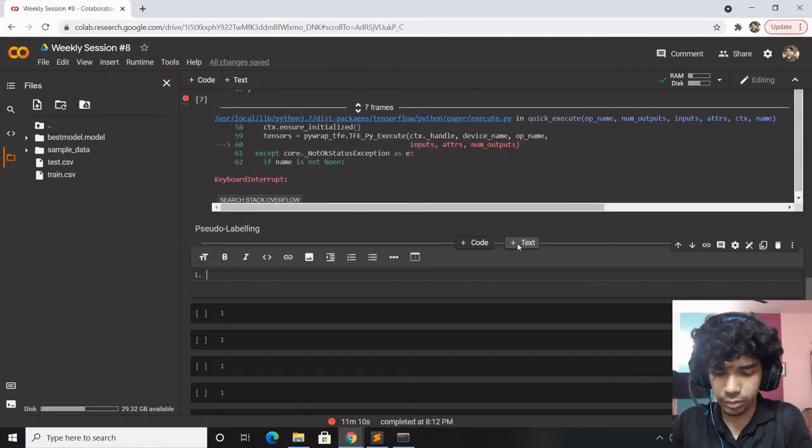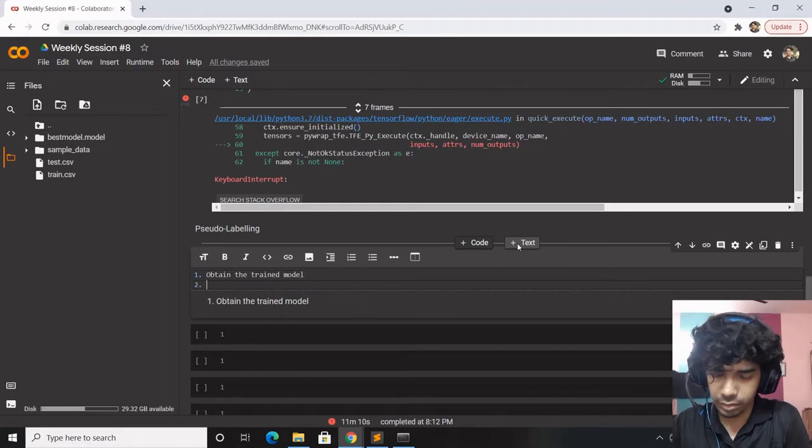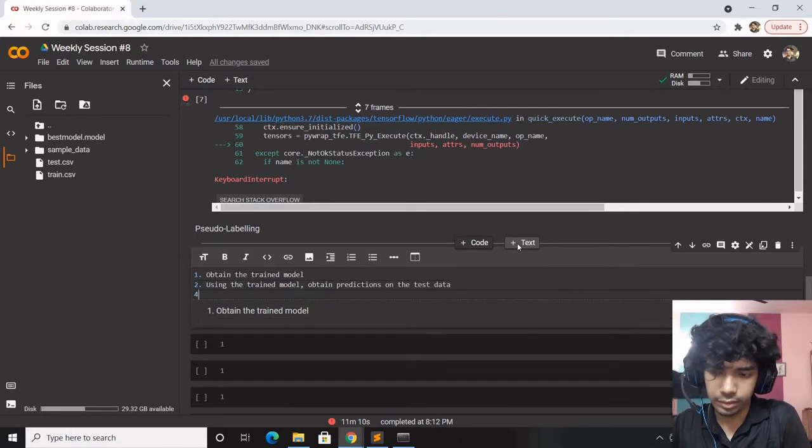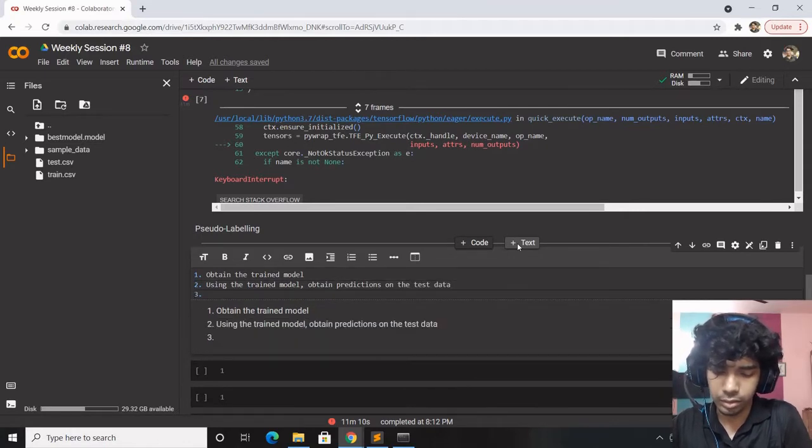So pseudo labeling: once you obtain the trained model, using the trained model, obtain predictions on the test data. Assume those predictions as pseudo labels, as if those are correct labels.